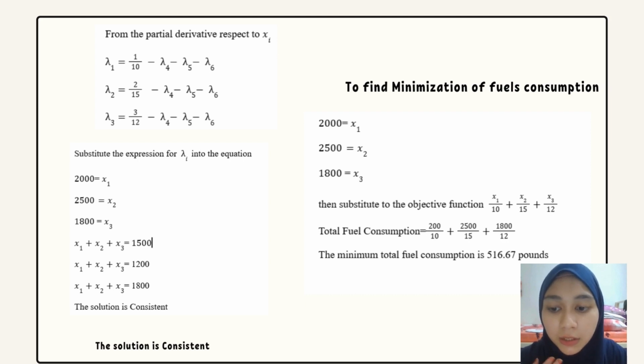So the solution is consistent, and so we can use minimization and Lagrange multipliers. To find the minimization of fuel consumption, after we get x1, x2 and x3, where x1 is 2,000, x2 is 2,500, x3 is 1,800, we substitute into our objective function as we did earlier, and we will get the minimization of total consumption, which is